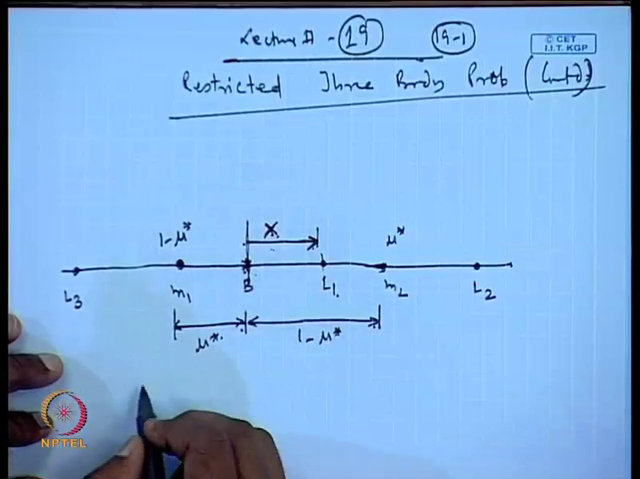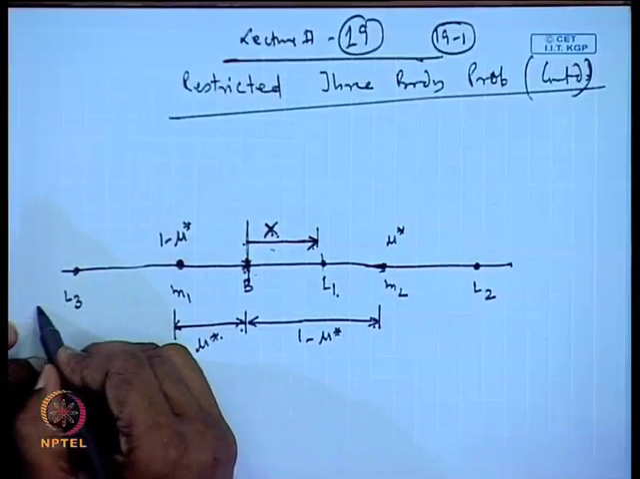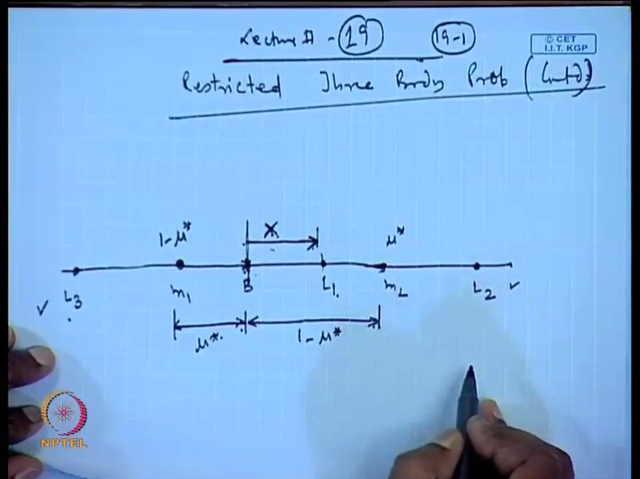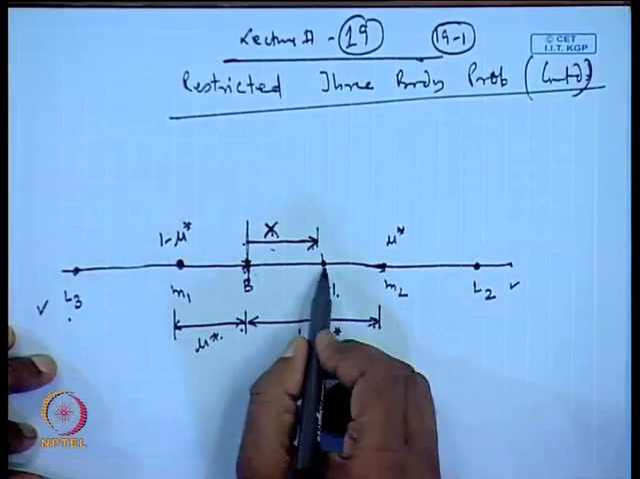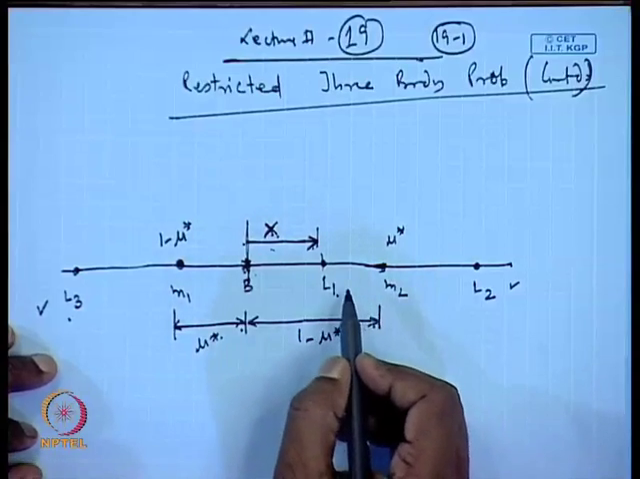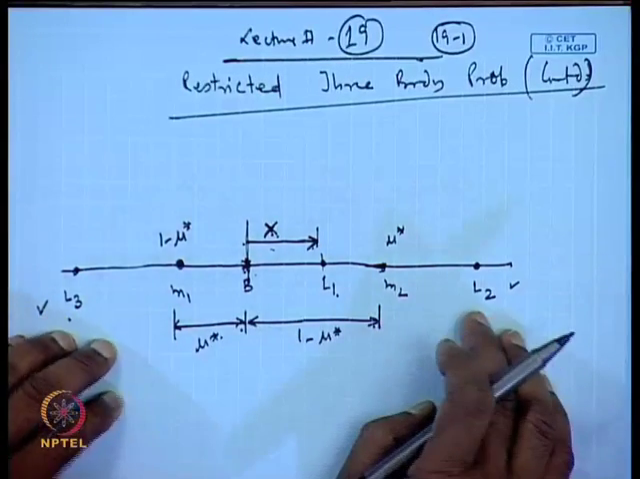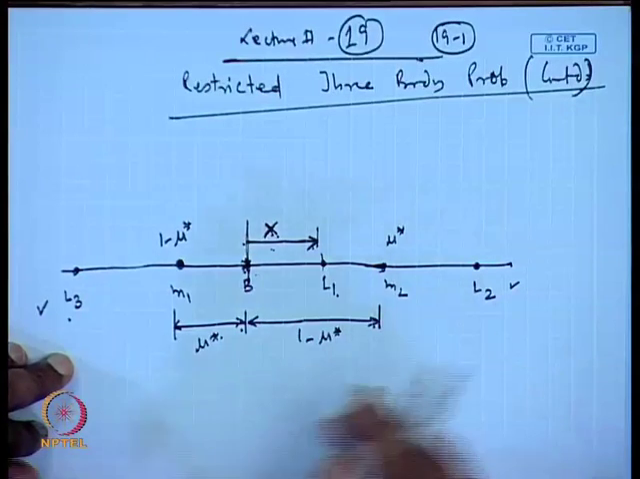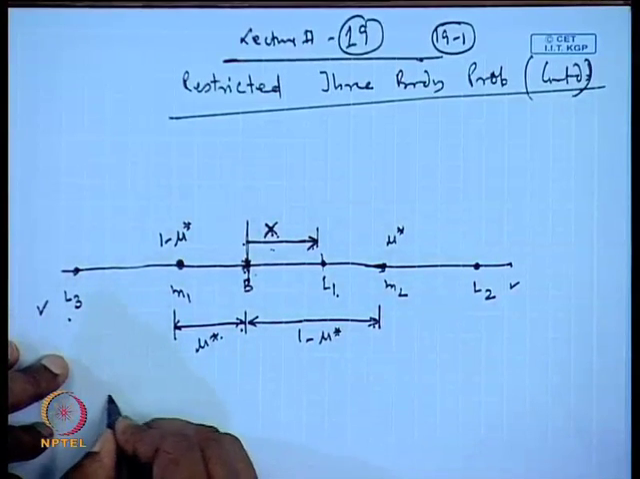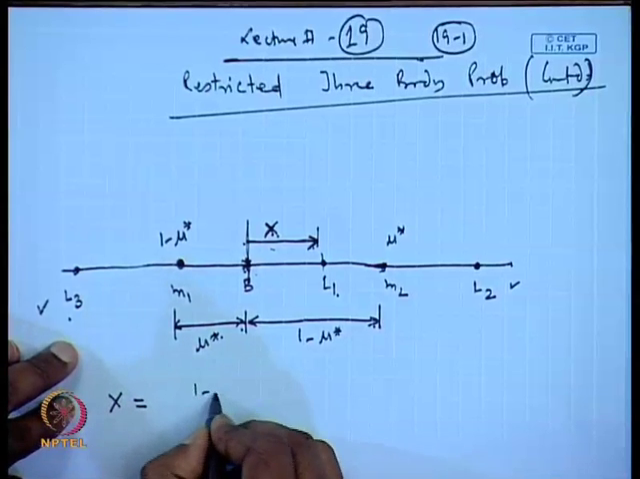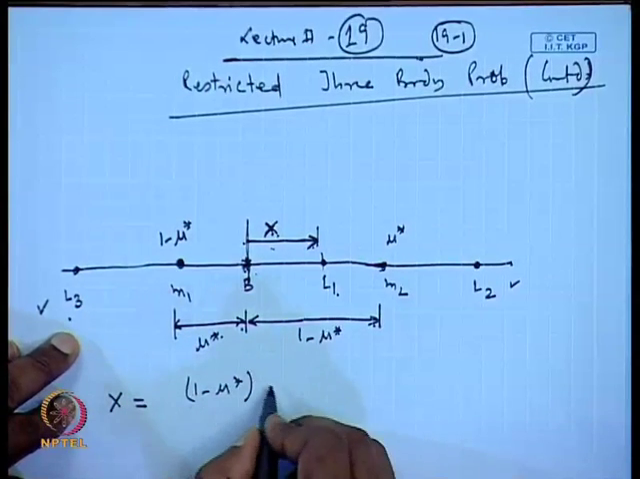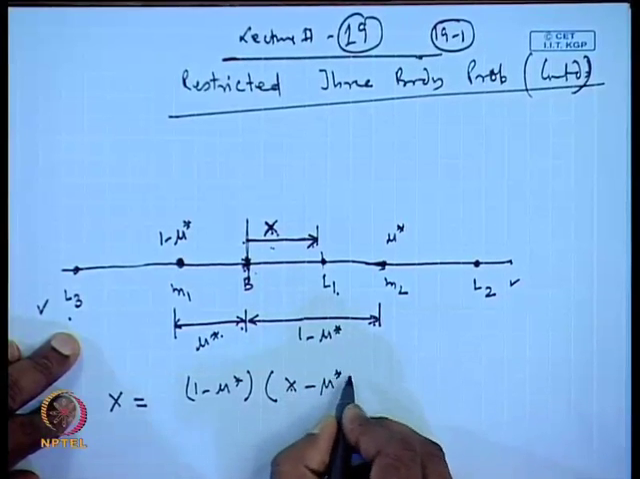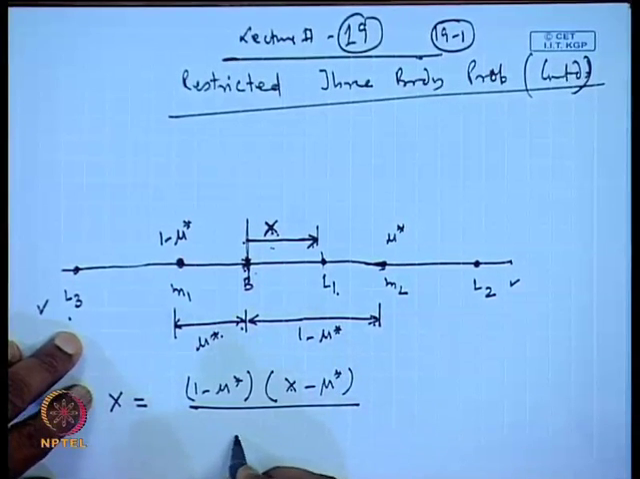Given this distance, we wrote one equation for the Lagrangian point L 3, another equation for L 2, and one equation for L 1 also. So, we took an alternative route to describe all these three equations, progressing with our earlier model, in which we wrote x is equal to 1 minus mu star times x minus mu star divided by